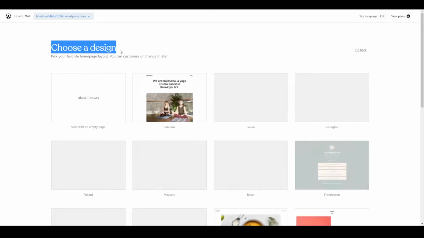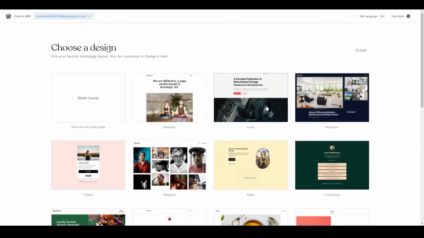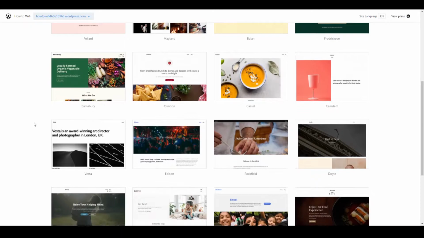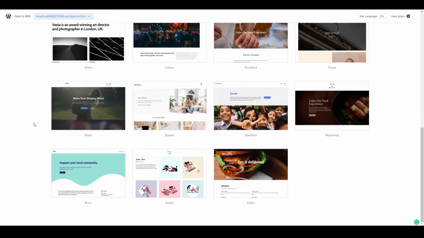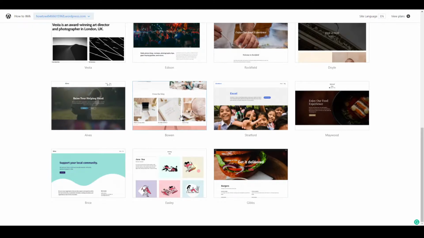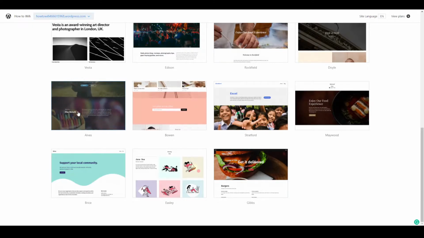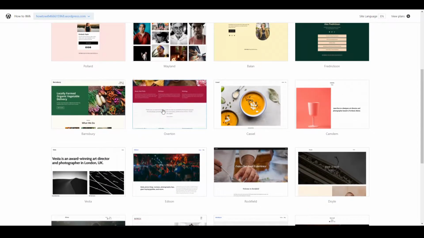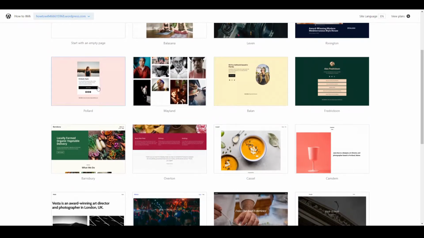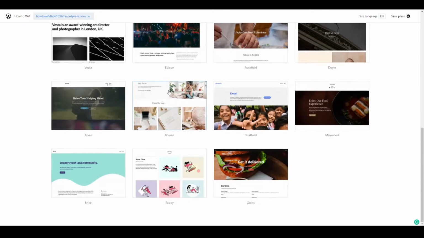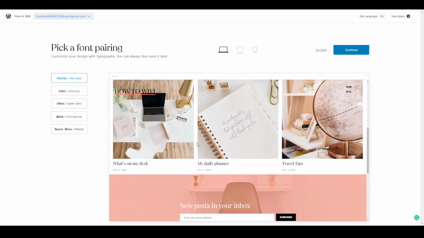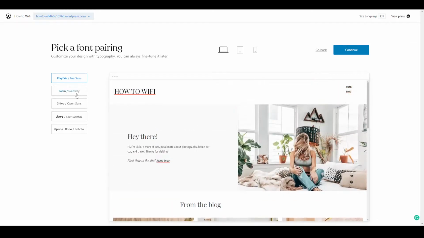Here you can choose the design for your website. So there are a number of designs which you can choose, or if you don't want any of these designs, you can choose more or change them later if you want. So let's suppose we want to create a website like maybe this one. No, let's choose this one. And here you can see this is how it's gonna look like, and you can change